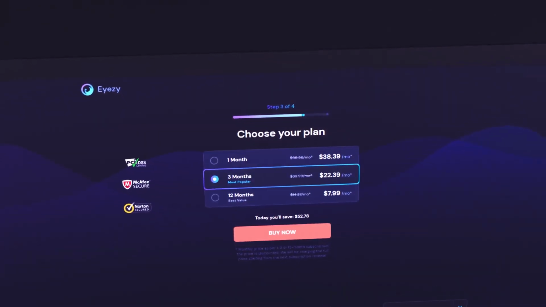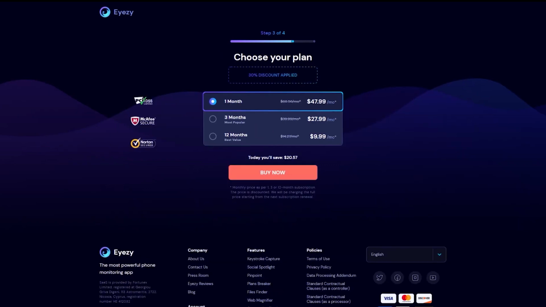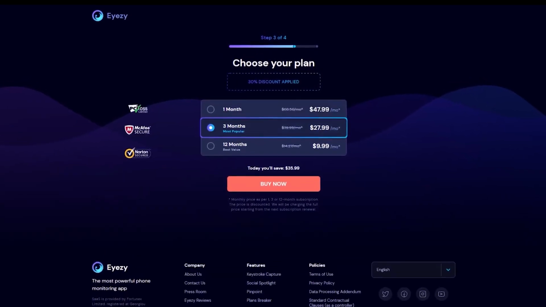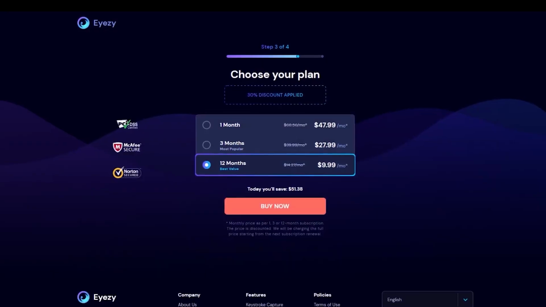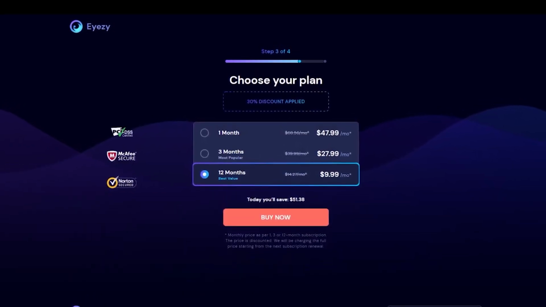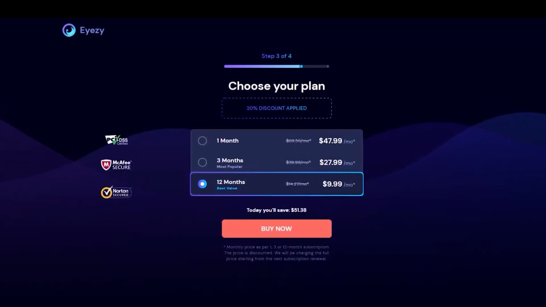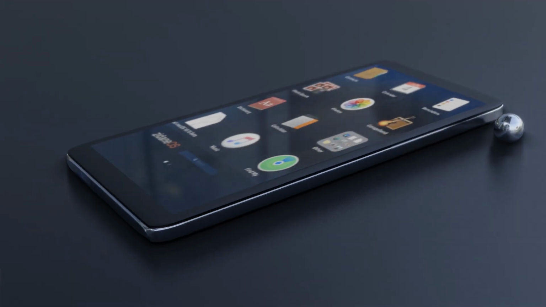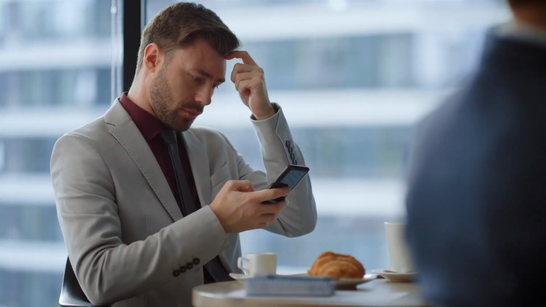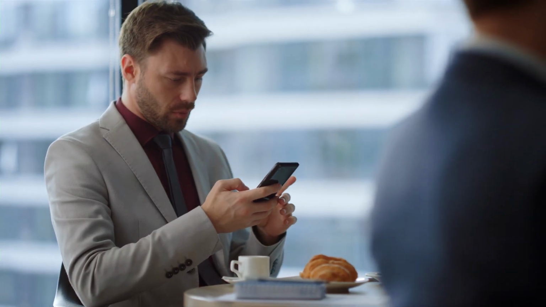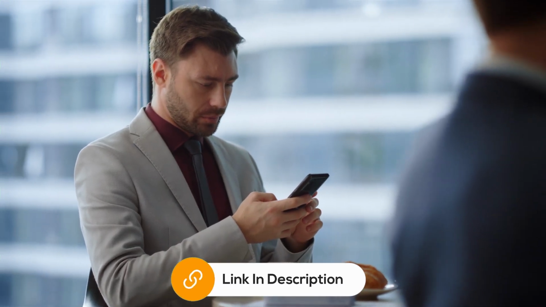Speaking of value, let's discuss pricing. As of now, iEasy starts at about $47 per month. But if you opt for the annual plan, the cost drops significantly to just $9 per month, which is much more affordable compared to other parental control apps. Keep in mind, though, that each subscription covers only one device. After testing it myself, I can say that iEasy offers great value for the price,